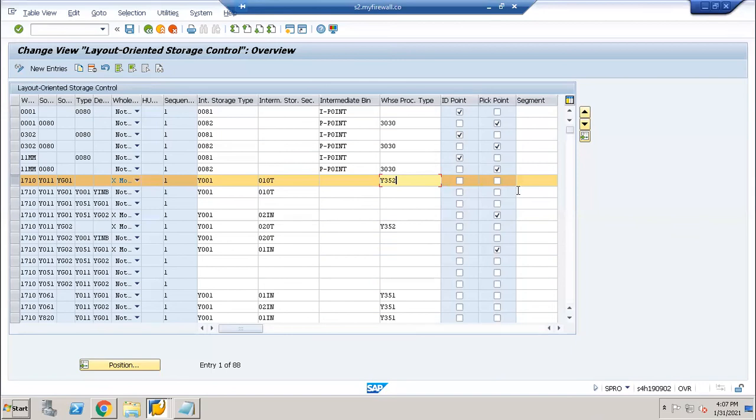For simplification, many people have not defined the ID point and peak point. By using the WPT, we can do it. If you define the ID point and peak point, there is no need to define the WPT. If you define the WPT, it will be controlled by the WPT most of the time. So WPT is more efficient with respect to the other business objects.